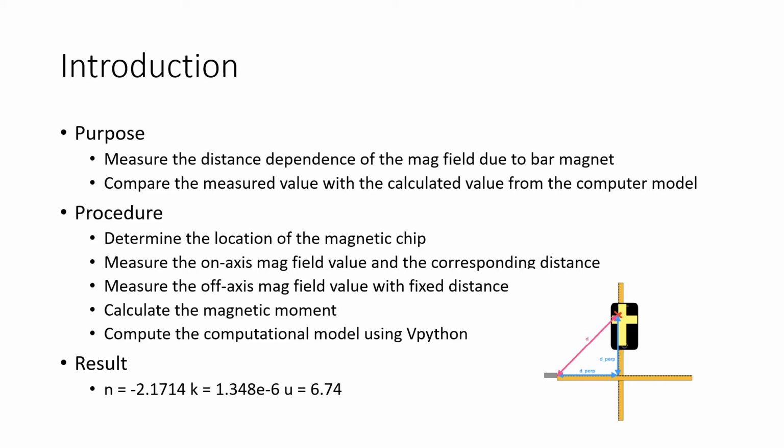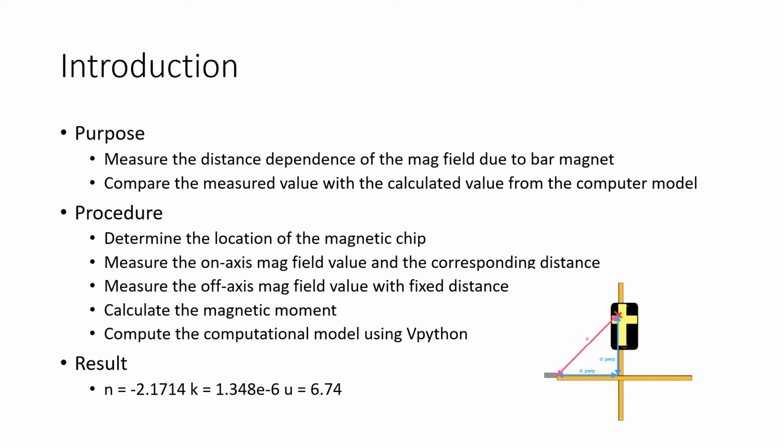due to the bar magnet, and then compare our measured value of the magnetic field with the calculated value from the computer model. So to perform this lab, we need to first determine the location of the magnetic chip on the device that we use to complete this lab. Then we will measure the on-axis magnetic field value and the corresponding distance. Then we will measure the off-axis magnetic field value with a fixed distance d prime as shown in the diagram. Then we'll calculate magnetic moment from the value we got, and then compute the computational model using the VPython